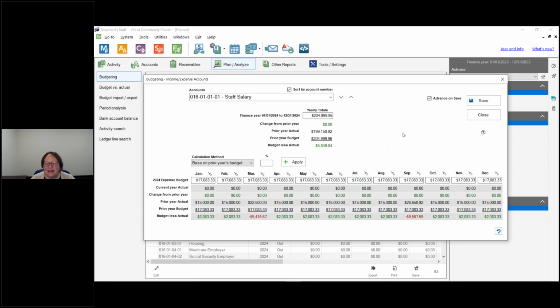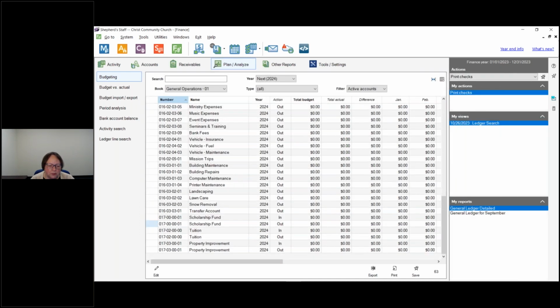take in, right? So if my actuals went up a little, but I want to keep my budget low, I can base that on my prior year's budget and just copy it. And again, I can select to advance on save, and I click save, and I go to my next expense account. You can do the same thing with your dedicated accounts, and I'm going to bring one up just so